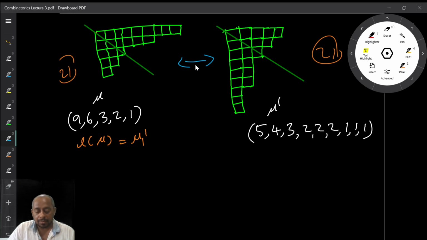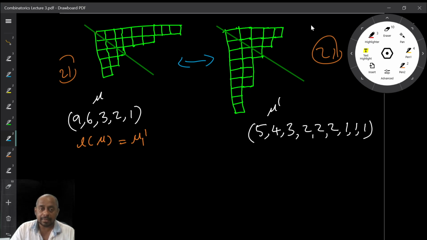Now can you see something else that is relating these two? What relates these two is that in the first case, we had a partition of 21 into 5 parts. Now, when you take the reflection, this column becomes the first row here. So therefore, this is a partition where the largest part is 5, because that is going to be the first row.